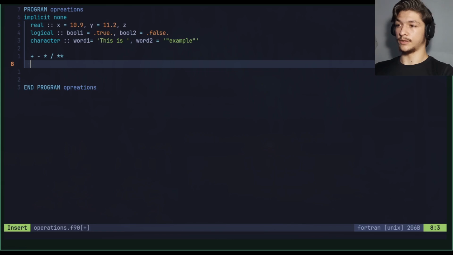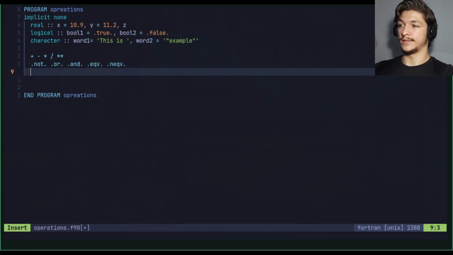For the logical operations, we have .not., .or., .and., .eqv., and .neqv., the equivalent and not equivalent operations. So we can have a boolean and negate it. We can have two booleans and use an or, an and, an equivalent, and a non-equivalent. Those are the basic intrinsic Fortran operations. You can also have more complex operations, such as an exclusive OR, but that's just a function, and we will